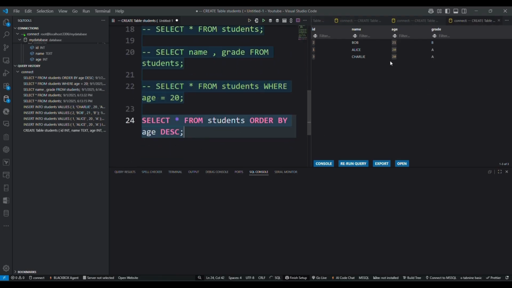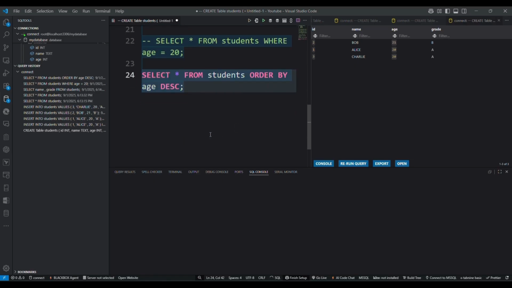So if we run this, we can see that the order is in descending.